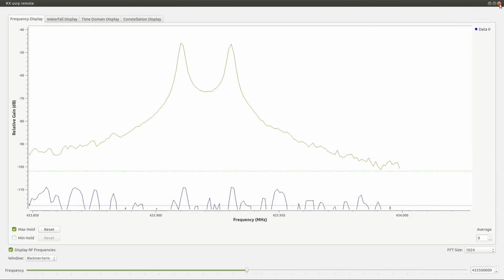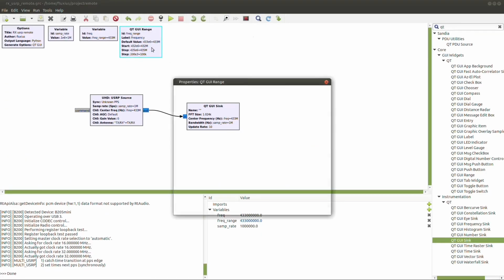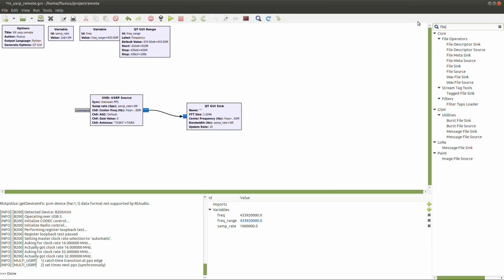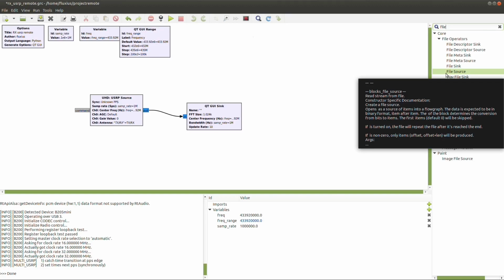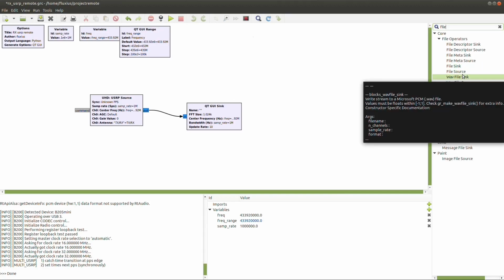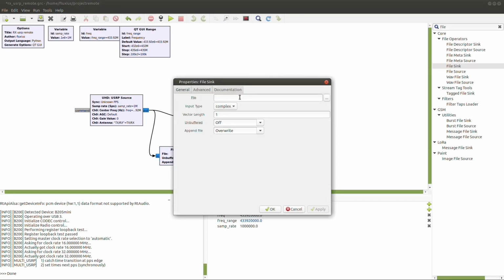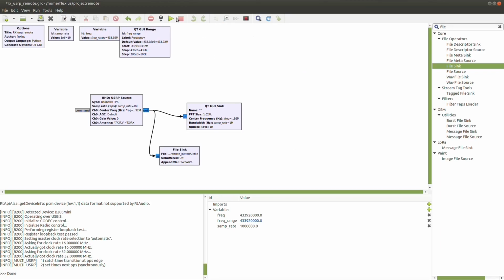I can clearly see that the frequency which is in use is 432.92 megahertz. So I can directly specify it as the default frequency that we are using, and I can also record the signal to avoid pushing the same button all over again. So let's use a file sink here. We'll record the signal like that, and we will record it as TMP remote button A file. Okay, so now let's